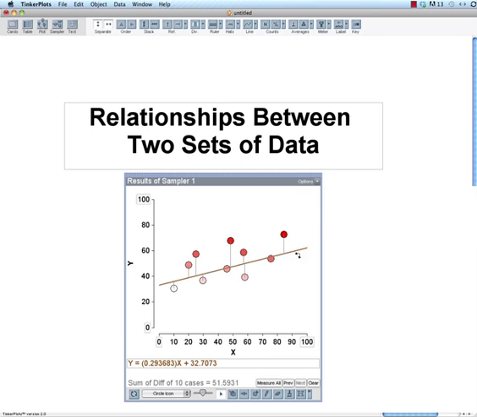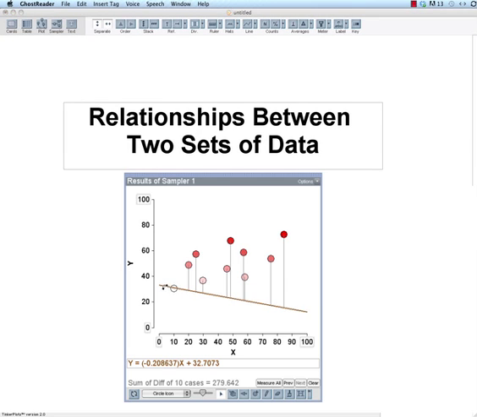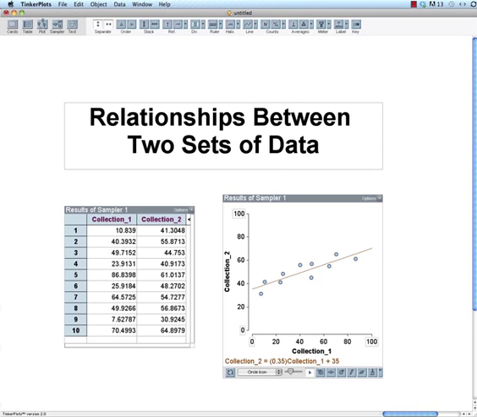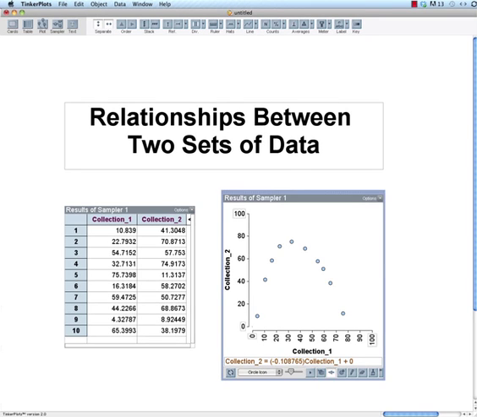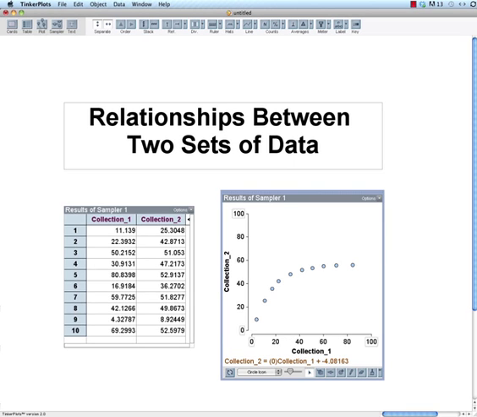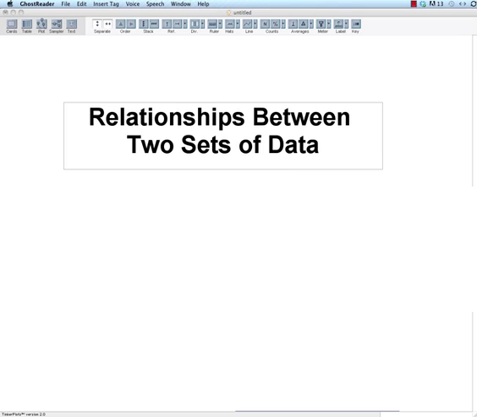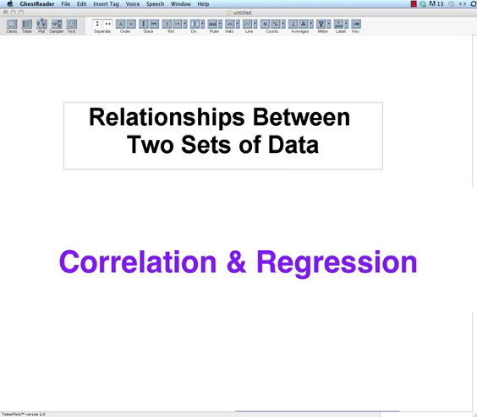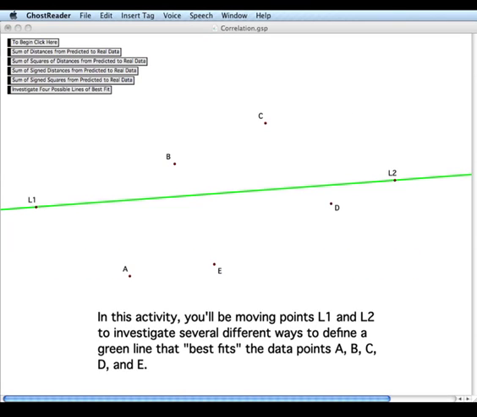So, in these kinds of situations, we'll need to be able to measure the goodness of fit for various functions that come close to fitting the data. The functions don't necessarily need to have straight line graphs. For example, their graphs might form parabolas or other shapes. But, in any case, when a function does a good job of fitting data, we say that the data are strongly correlated. The topic we'll be investigating sometimes is called correlation and regression,